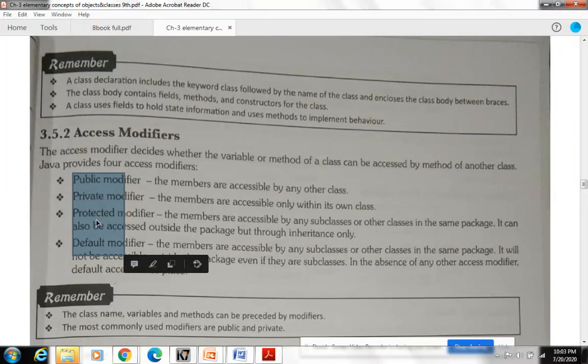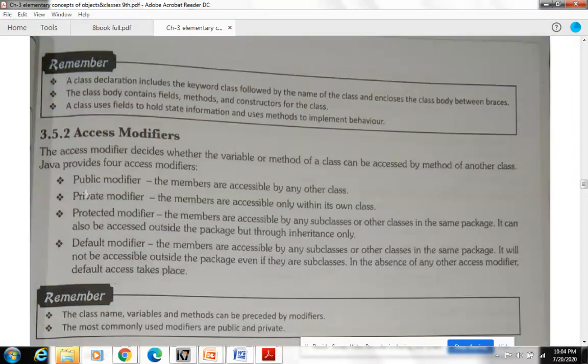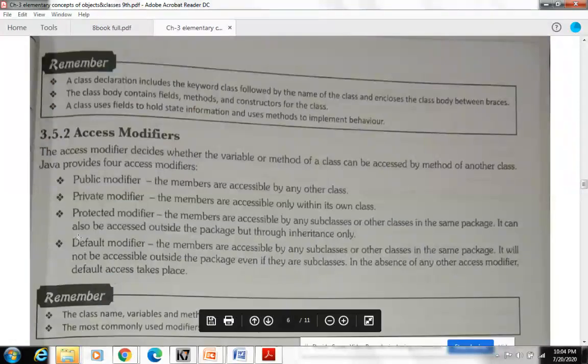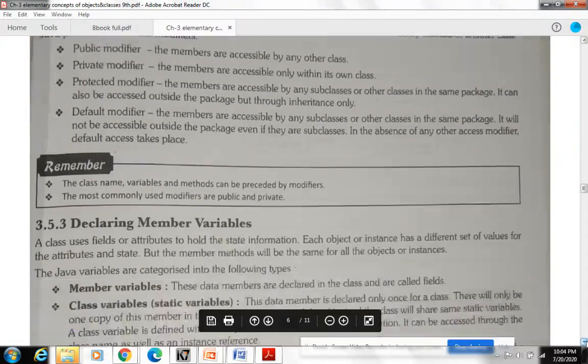It means in the same project, if there are different folders, these are known as packages. So protected means outside the package it is not accessible, inside the package other subclasses or other classes can use the class. Default is a modifier. If we do not put any of the three words, it is known as the protected modifier only. So in this way we can give access to our classes, methods and variables.